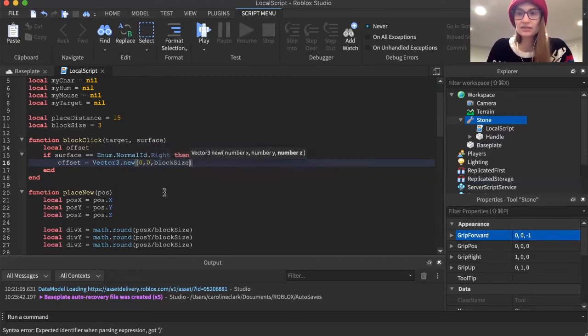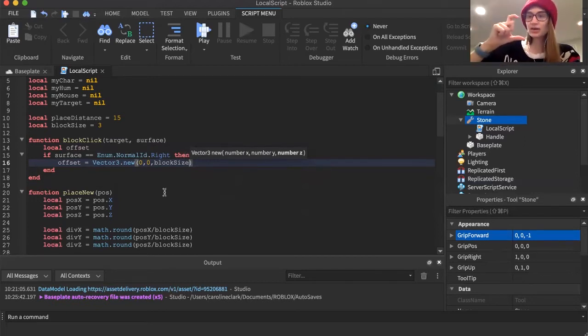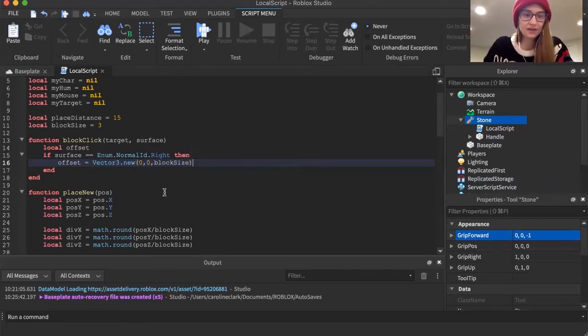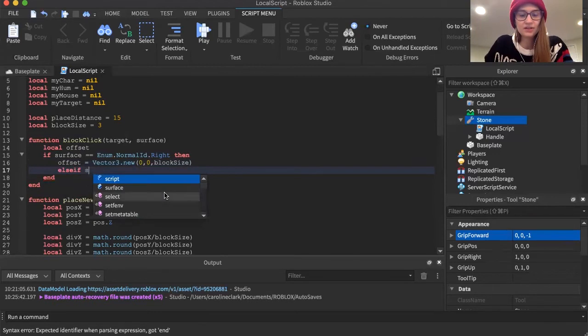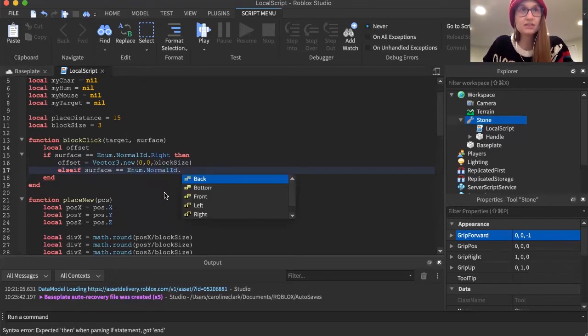So we're taking the old position, well, we'll take the old position of the target of where we clicked, which was the other block we clicked on. We're going to add to it in the z direction. All right, but if that's not the side we clicked on, we're going to say else if surface equals Enum.NormalId.Left, then,